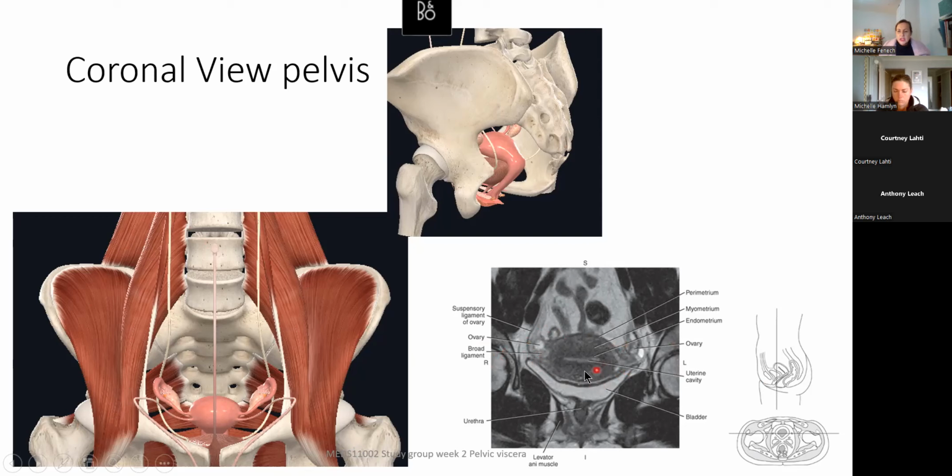We can see myometrium and the endometrium in through here. And you can see that the uterus is sitting superior to the urinary bladder, which is quite empty on this patient, because this is towards the head and this is towards the feet. They're the femoral heads that you can see just out there to the side. So you can see the femoral head here and the femoral head here, the uterus, fallopian tubes, and sort of